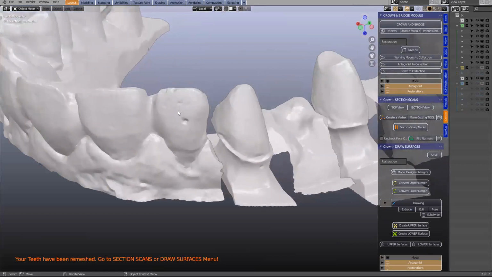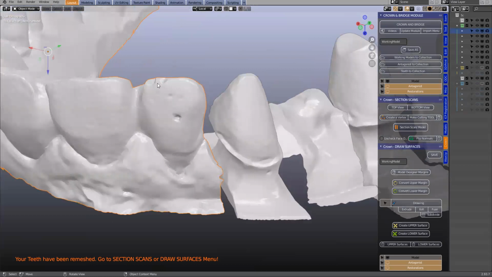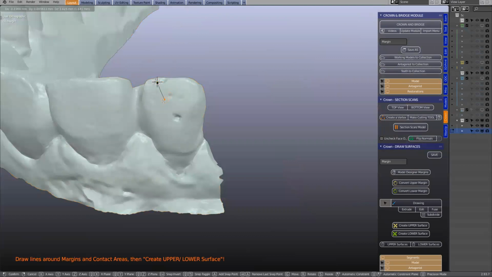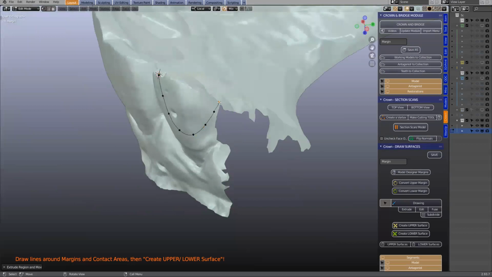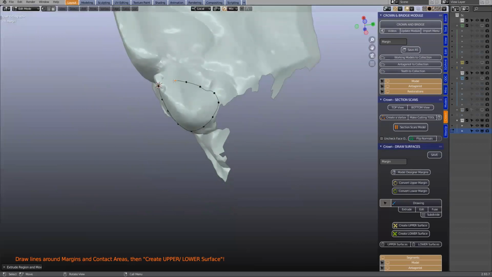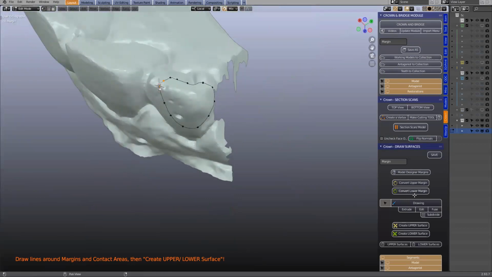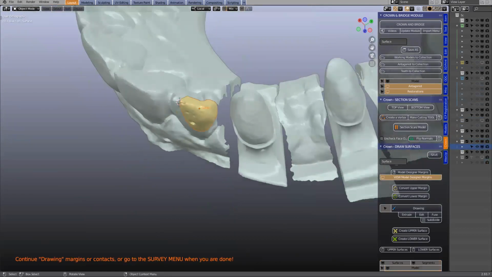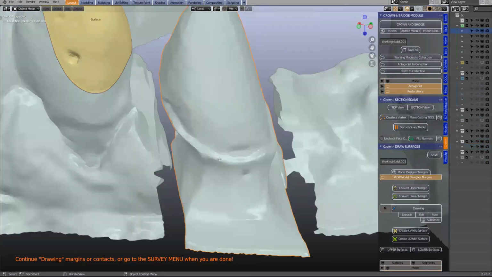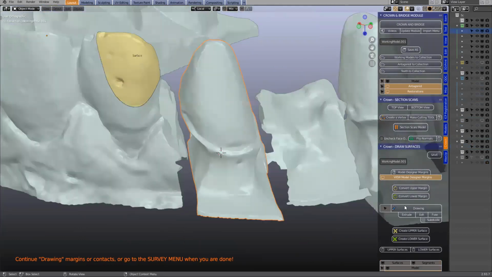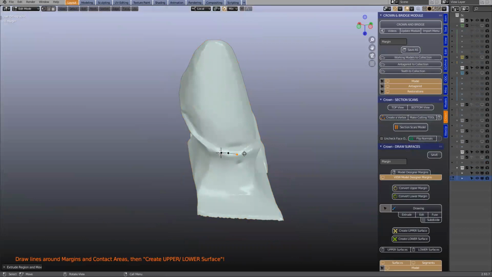So when we're marking the margins, we also want to mark the contacts. And the reason for that is so that we can get a good contact, and this contact will be surveyed together with your other tooth preparations. So here we're going to create upper surface. So if it's an upper model, we click on create upper surface, and then we're going to go and do the rest of them. So I'll do 3 of them, and then the other ones I've saved a file, so